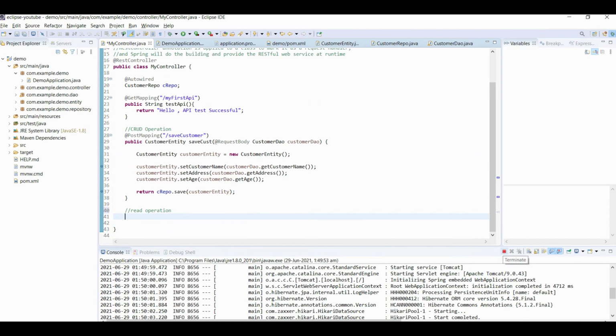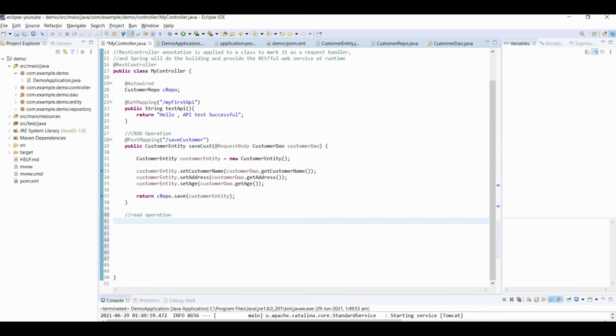Let us stop that project. In read, I will write a GetMapping. Let us name it get all customers. Now we have to write a method for it. Public, and we have to get all customers.